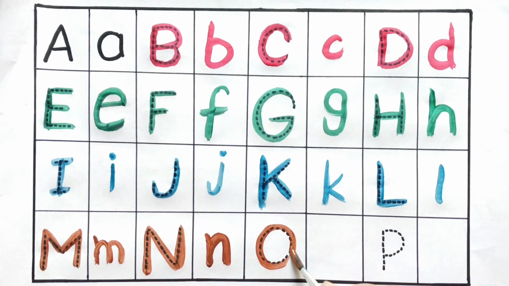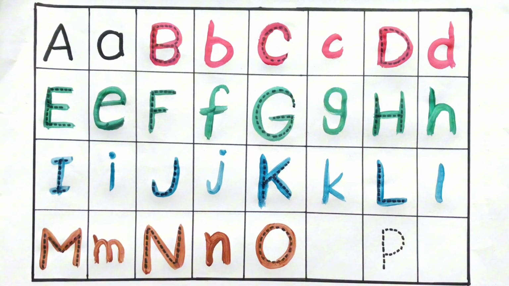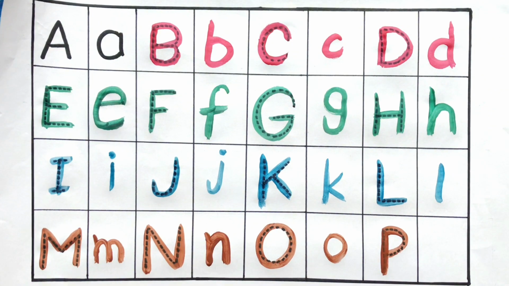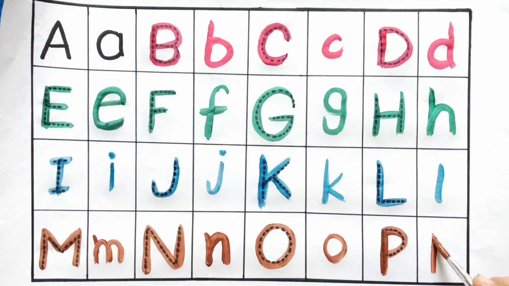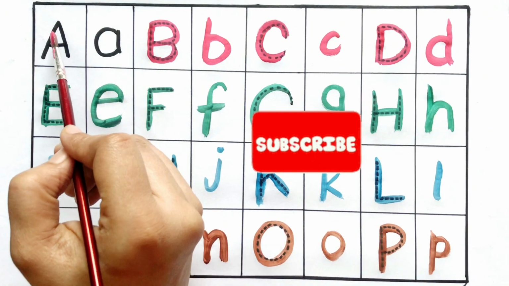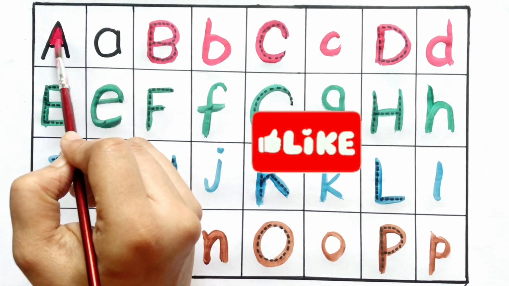O for octopus. O for ostrich. P for parrot. And last, P lowercase P, pigeon. Then start learn again. A